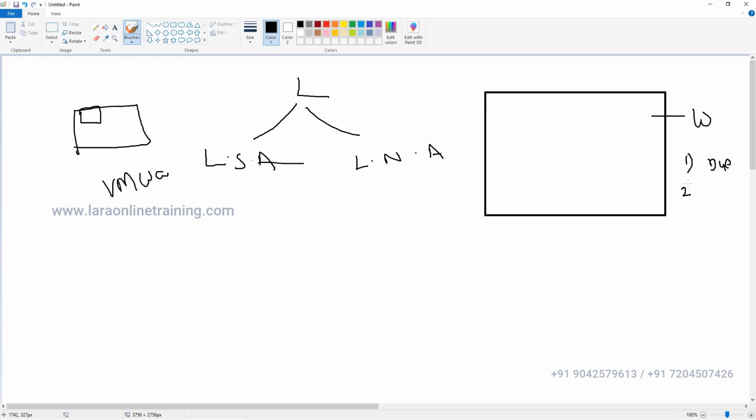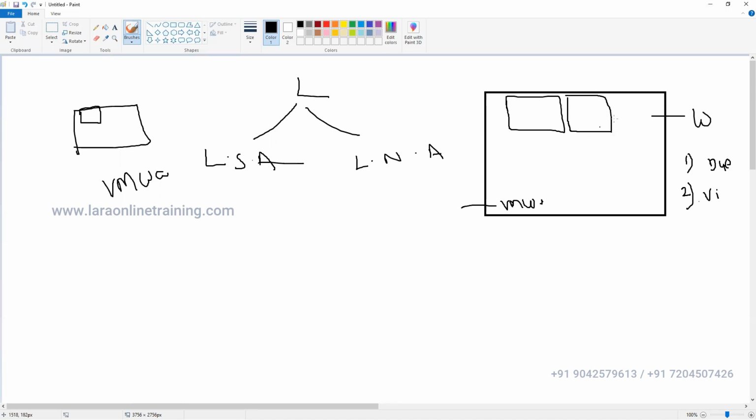Something called virtualization came in the market, in the beginning of the 2000s. So what happened in the laptop? We install one application called the VMware application, which is free. I'm giving the free version only. On top of the application, we are going to create Linux virtually. I can make as many Linux servers as I want, virtually.